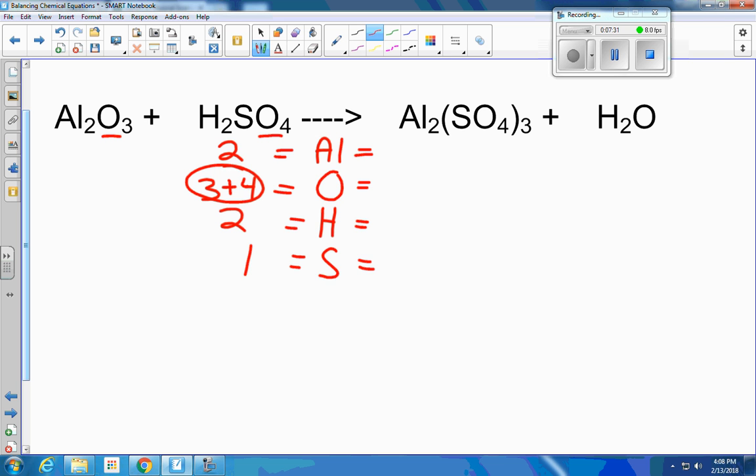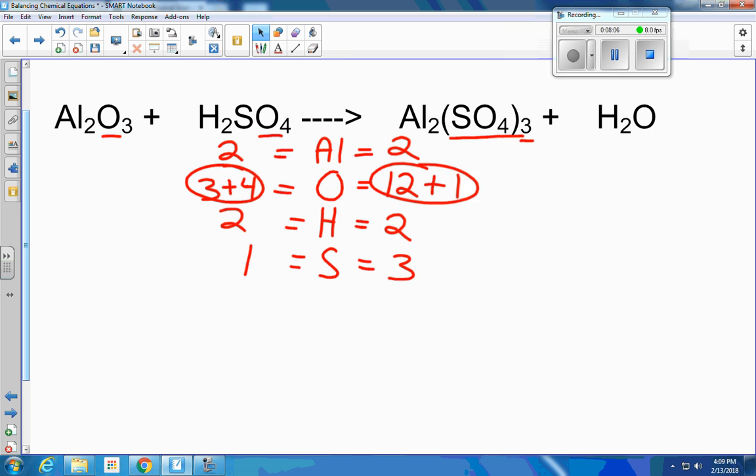Now on the product side, I have 2 aluminum, and we got a situation here where we have SO4 in parentheses followed by the subscript 3. That means we're going to multiply everything in parentheses by 3. So 3 times 1 sulfur is 3. 3 times 4 oxygen is 12. Then I have 2 hydrogen plus 1 more oxygen. Now if we take a look, aluminum is balanced, hydrogen is balanced, so I'm going to have to go to